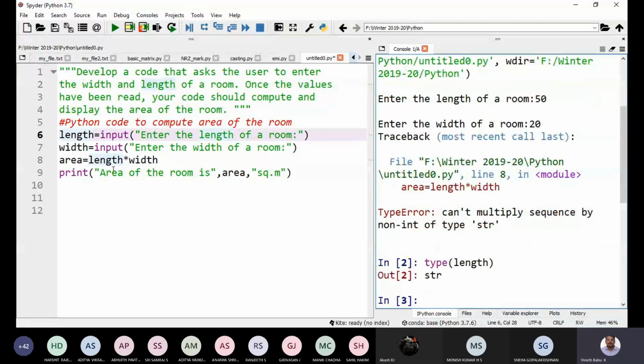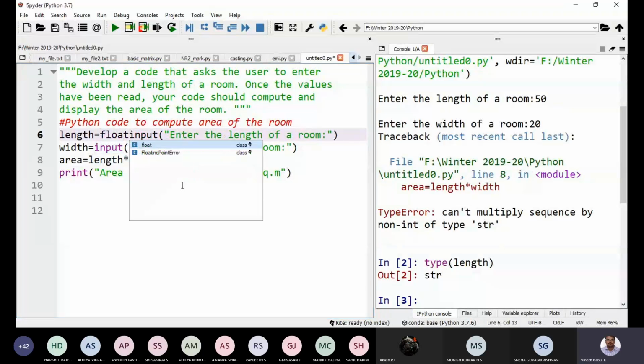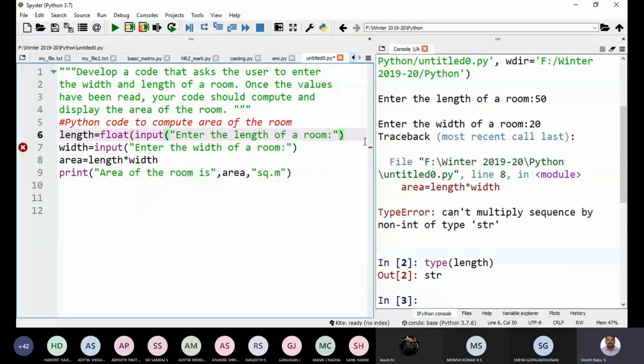So what you can do, either you can cast using int constructor, or float constructor. Let me take it as float, because I may enter 50.2 meter, 20.6 meter, like that. So I'm just taking float.